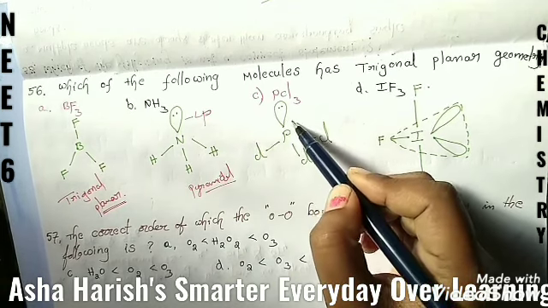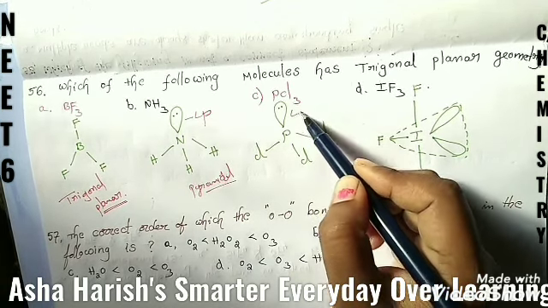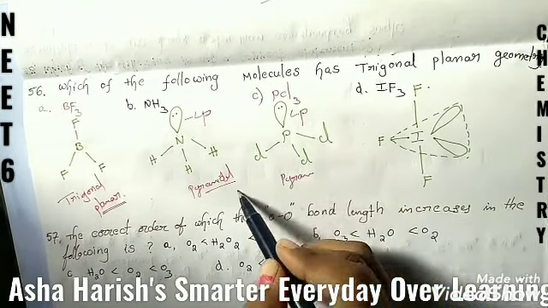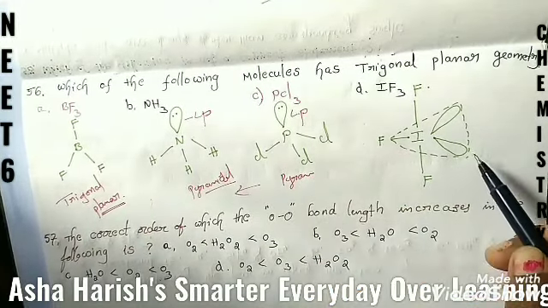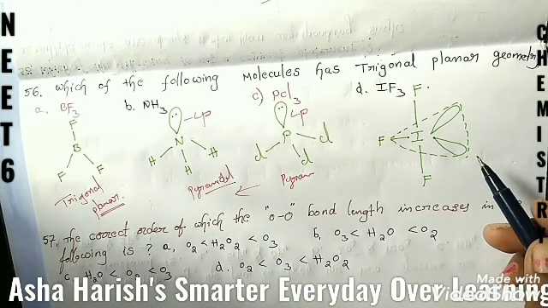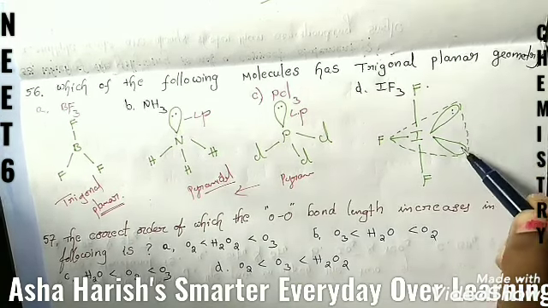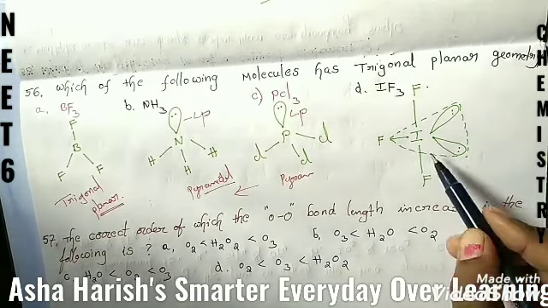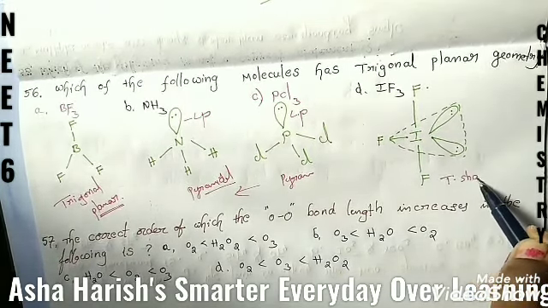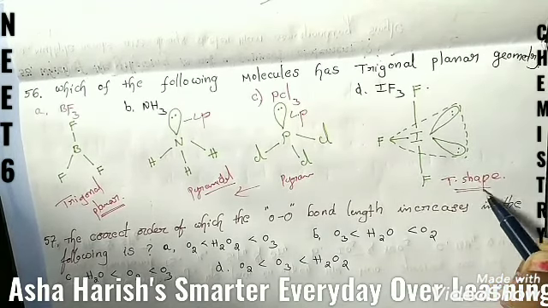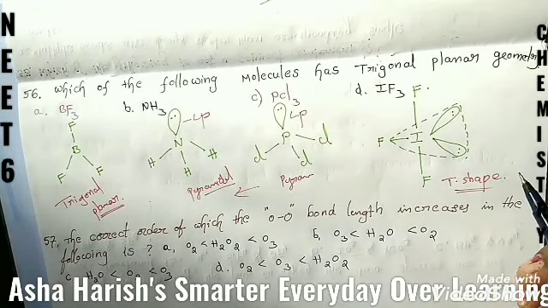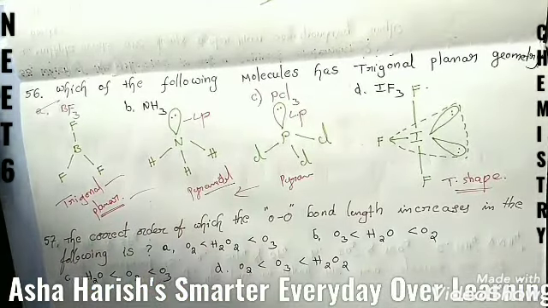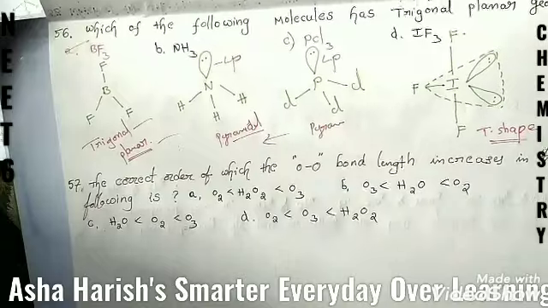Here also we have one lone pair of electrons, that is LP, and the shape is the same, pyramidal shape. And the last one is IF3. This also has two lone pairs of electrons, and the shape is T shape. Okay students, now for our question, the answer is BF3, which has trigonal planar structure. Right, we shall go for the next one.